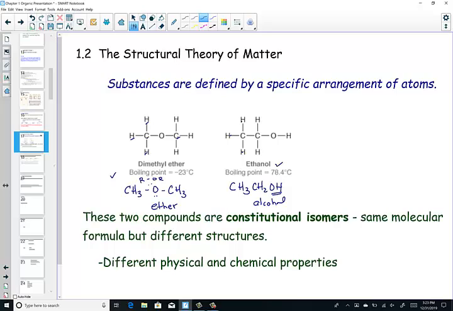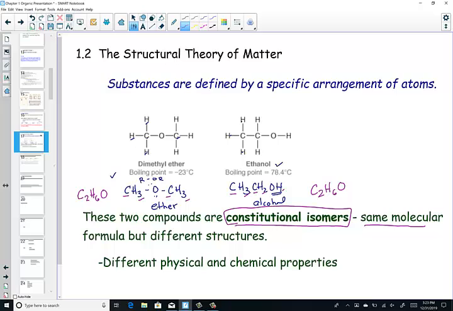possible. When you reduce down this formula, notice that there are 2 carbons, that there are 6 H's, and there's an oxygen, C2H6O. Same thing over here. When we reduce this down, C2H6O. These 2 compounds, although they have the same molecular formula, they're hooked together in a different order, making them